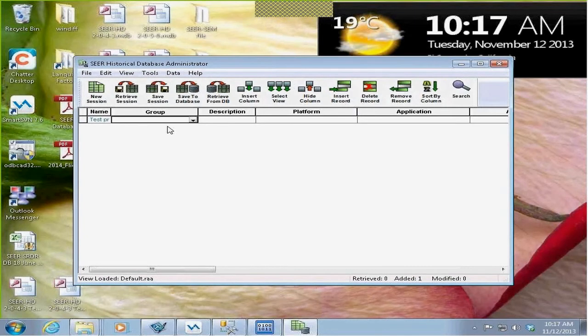Give it a name. The next thing is I would like to maybe group it. It's not a necessary step, but we do recommend to group the projects. The prime reason is it will be very easy to retrieve the data. What I mean by this, if I do want to retrieve something,